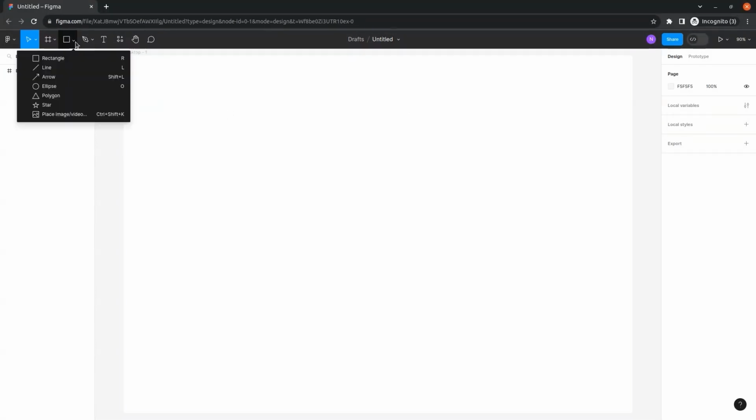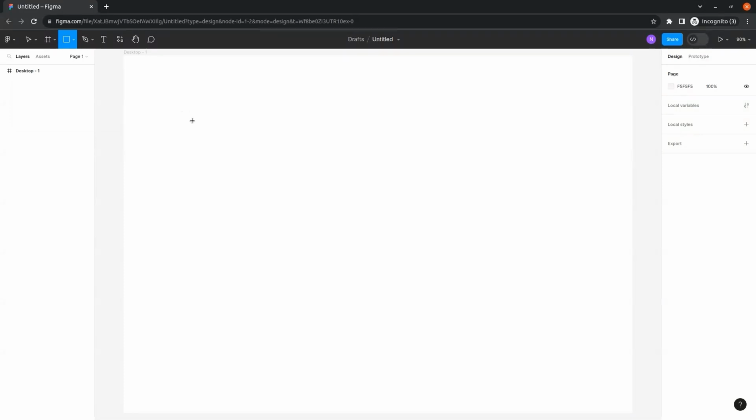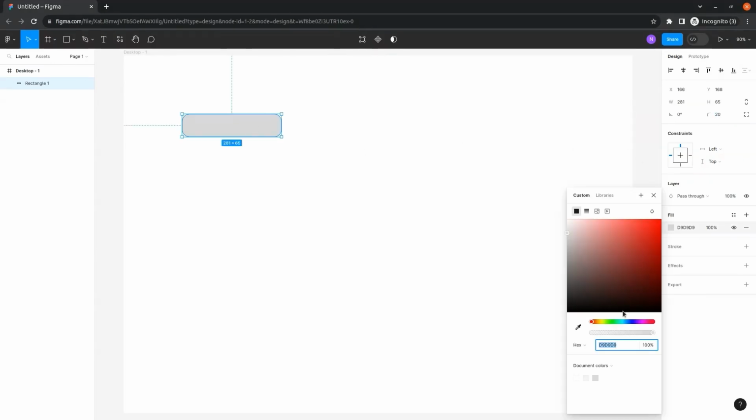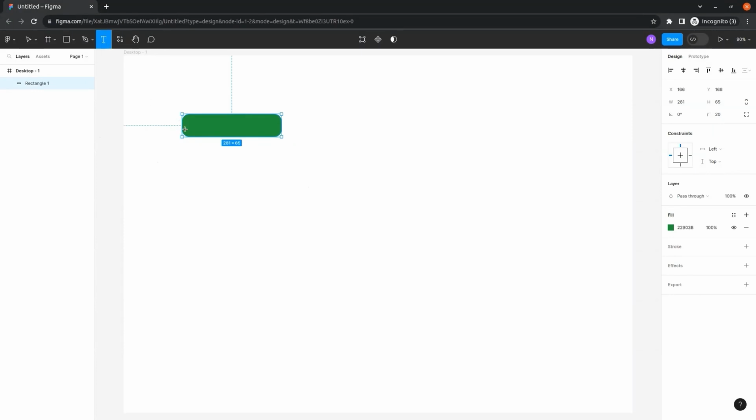So let's select rectangle and draw a rectangle, and we can change the corner radius to make the corners round. Let's make it 20, and we can change the fill color to green, and let's add some text on it. Add to cart,